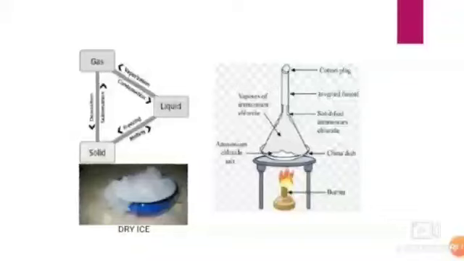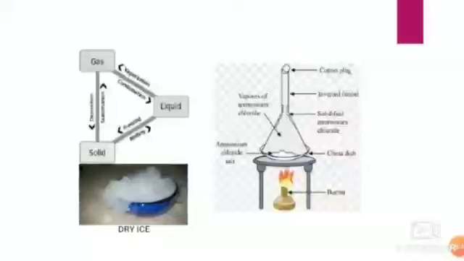So in this activity, we have taken a china dish which has a mixture of ammonium chloride and salt. Below that is a wire gauze, then a stand, then the Bunsen burner which will heat the entire mixture. On top of that we have placed a funnel. On the mouth of the funnel there is a cotton plug. The cotton plug makes sure that the vapors of ammonium chloride do not go outside.